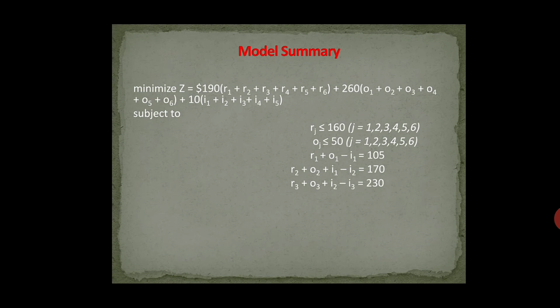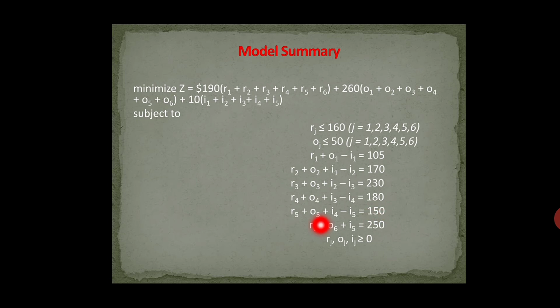O sub j less than or equal to 50; R sub 1 plus O sub 1 minus I sub 1 equals 105; R sub 2 plus O sub 2 plus I sub 1 minus I sub 2 equals 170; R sub 3 plus O sub 3 plus I sub 2 minus I sub 3 equals 230; R sub 4 plus O sub 4 plus I sub 3 minus I sub 4 equals 180;